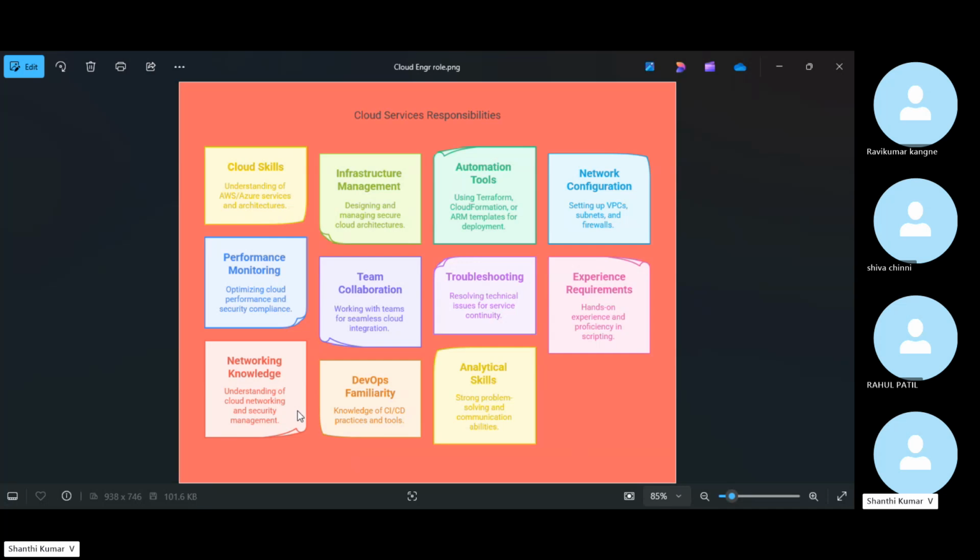If you want to enter into one building, let us say one apartment, you will see first how many floors are there, and in which floor my required apartment is there. If you are meeting a friend, then you will see, okay, it is in the first floor. This building has got 10 floors. It means when you go to the cloud infrastructure, first you will see how many networks are there. Okay, within the networks, each network has got how many subnets. In each subnet, how many servers are configured.